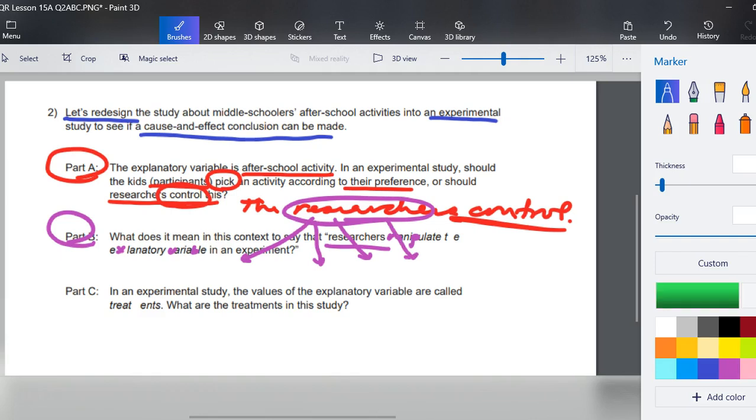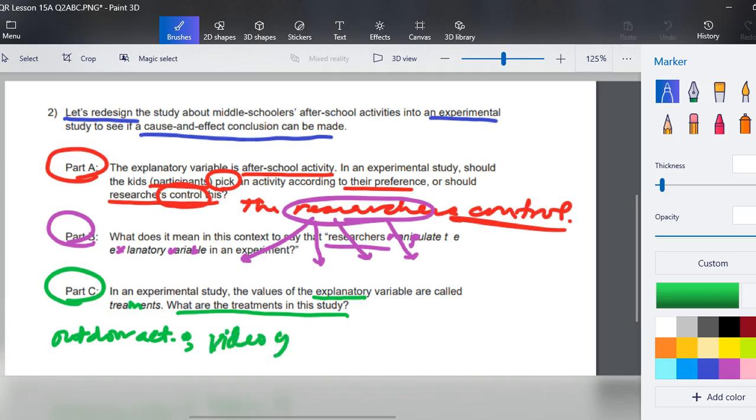Part C. In an experimental study, the values of the explanatory variable are called treatments. So what are the treatments in this study? We're going to keep what they originally had in the study, where we have some outdoor activities, we have playing video games, and we have watching TV. And even as we're writing these down, I hope your brain is starting to question, well, what kind of